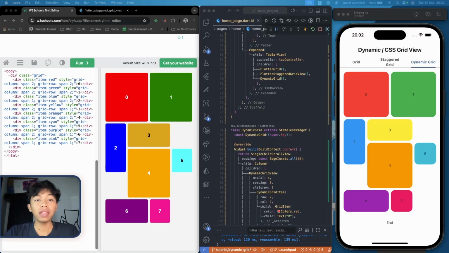Hello. So when I tried to learn website development, I came across the CSS grid system that I think is really good. You can set each child's span, column, and row so the child can have its own sizing. In here, if you see, each child has a different size, and I'm wondering if Flutter has this,